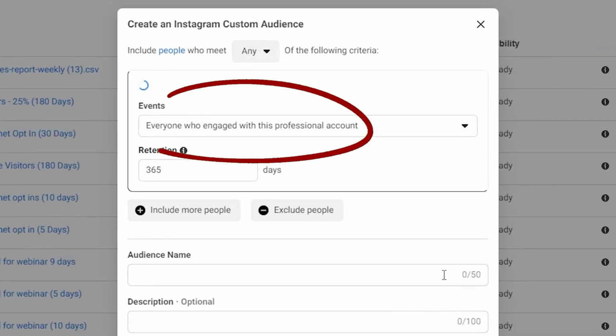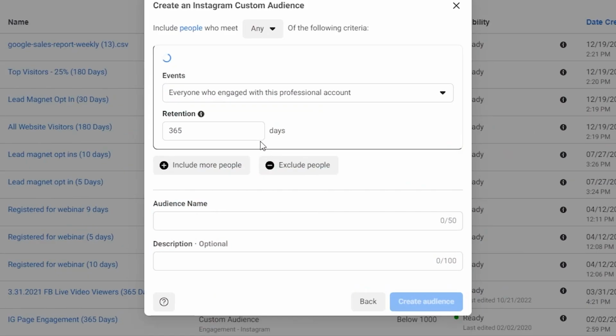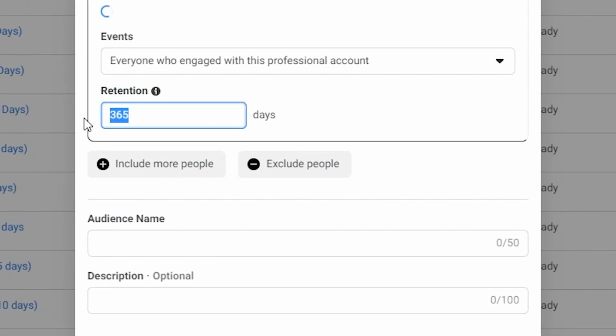default, which is everyone who has engaged with your Instagram business profile. That's any type of engagement whatsoever, including people who just visit your profile very quickly and leave, all the way to the people who are DMing you, maybe saving your post, this, that, and the other. So that's that one. The cool thing about these is that unlike the website custom audiences, there's a maximum of 365 days for these ones. You can go a lot farther into the past in terms of who is included compared to your